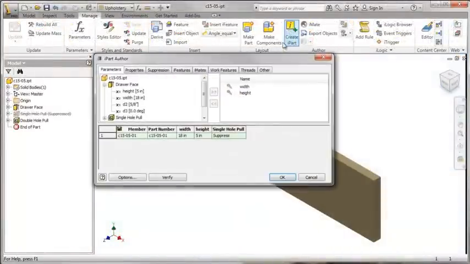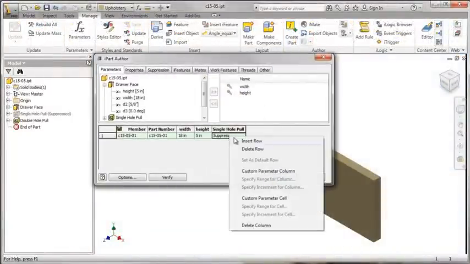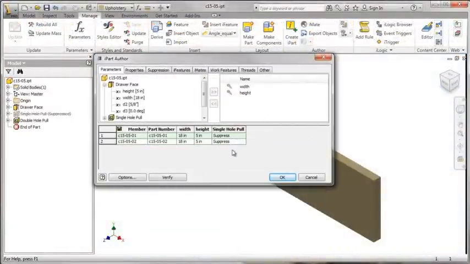Here is a part. It's a simple drawer front. However, I need to make a number of them that have essentially the same geometry but in various sizes. This is where the concept of an iPart comes in. I add another row to my iPart definition. I go in and change the values of a few parametric dimensions,